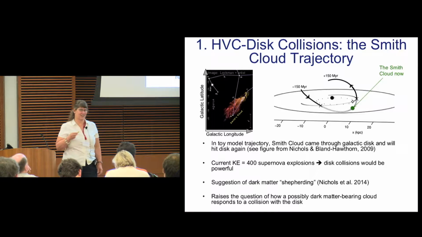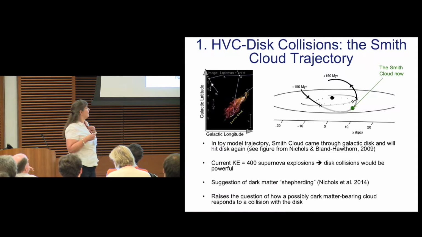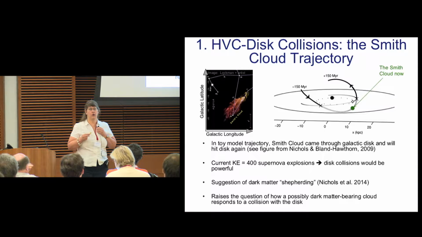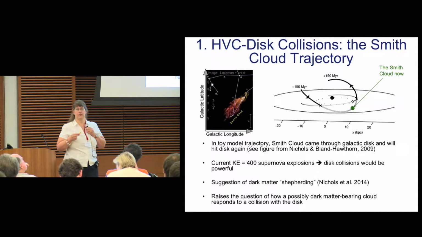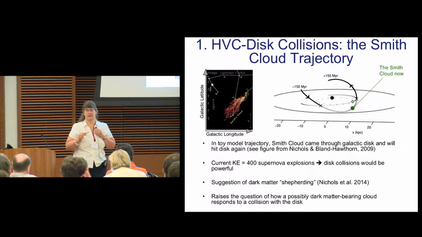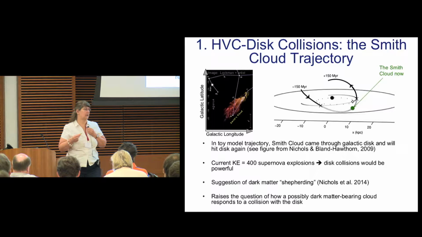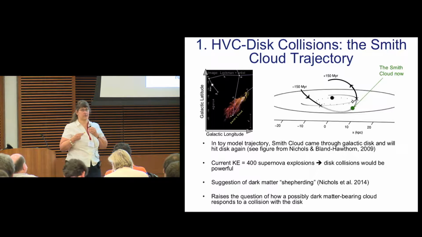All right, so I think you heard the part about I'm now a booster because Jay Lockman was a booster and he spread his enthusiasm to me. So the deal with the Smith cloud is that it's at a known distance, about 12 kiloparsecs from us, and that allows us to have a known mass, and it's a few million solar masses as a combination of HI and ionized hydrogen. Jay used the gradient in velocity shown here in order to figure out the transverse velocity, and that plus its radial velocity allowed him to figure out its total three-dimensional space velocity and then do a toy model that allowed him to figure out what the trajectory of the Smith cloud would be.